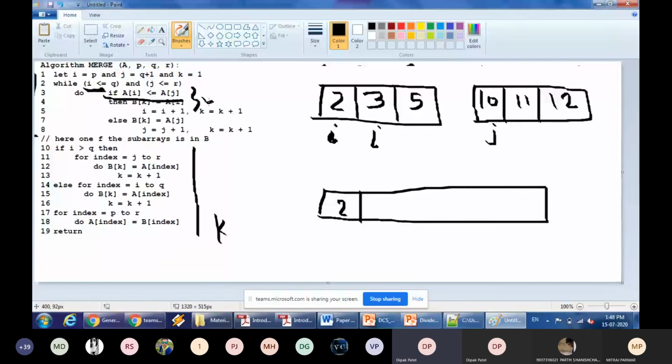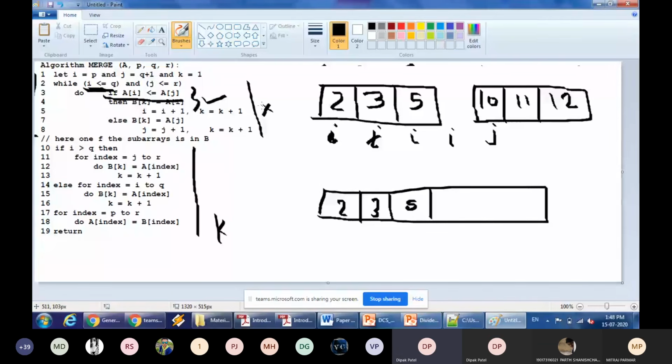i increment हुआ, k increment हुआ। Then 3 and 10 को कंपेयर हो रहा है, 3 यहाँ पे रख दिया हमने, again i increment हुआ। 5 and 10 कंपेयर हो रहा है, 5 हमने रख दिया यहाँ पे। Now i reaches q, i has crossed the limit, i is greater than or equal to q, equal to q हो गया, अब आगे नहीं जाएगा, right। 5 रख दिया, अब i ने क्रॉस कर दी उसकी लिमिट, तो this